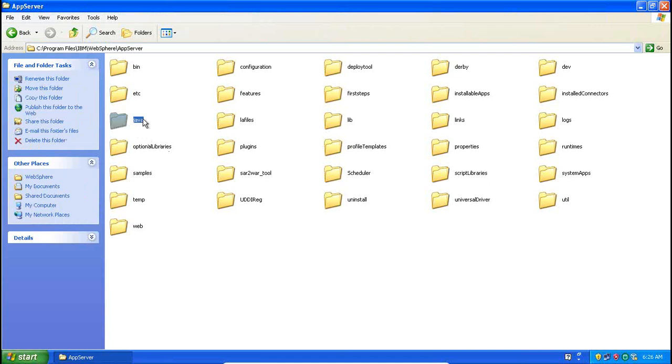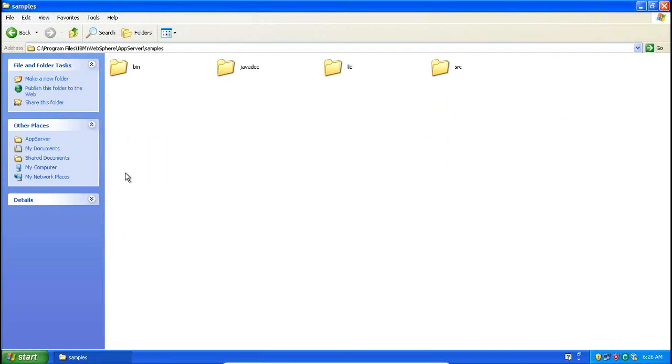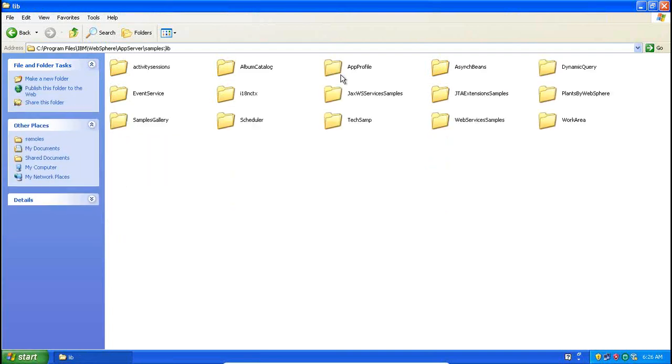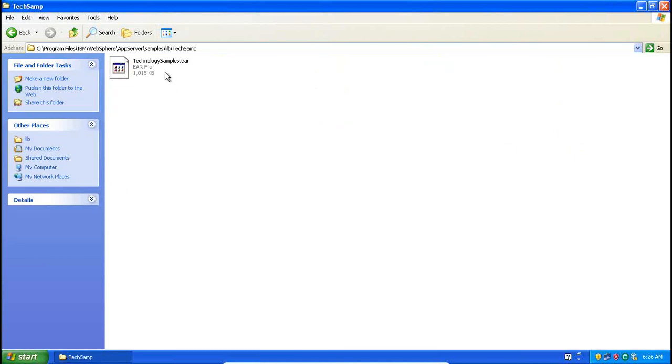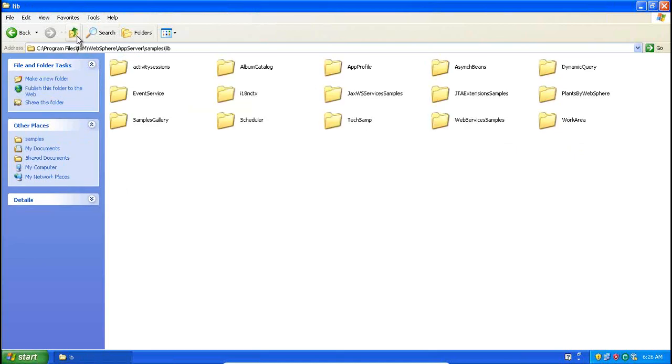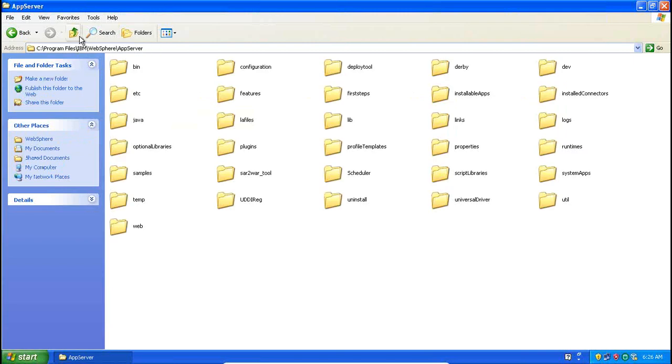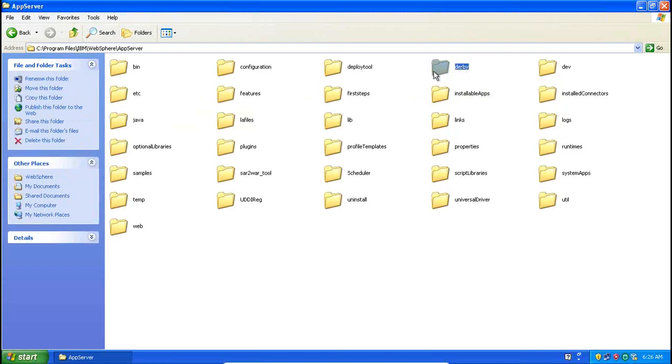This is Java. We need Java obviously because this is a Java based tool. It gets installed automatically. These are the samples you selected. Here if you open, these are all sample applications. If you open anything, it shows you an EAR file. Somewhere you see Derby.